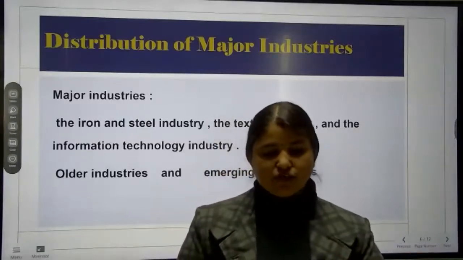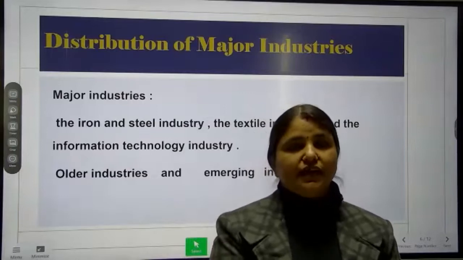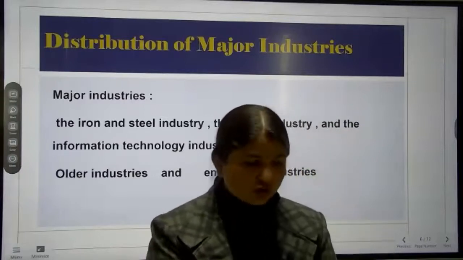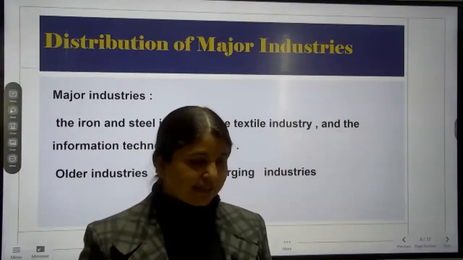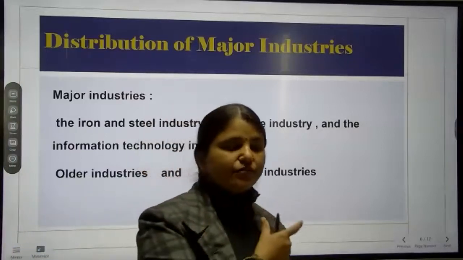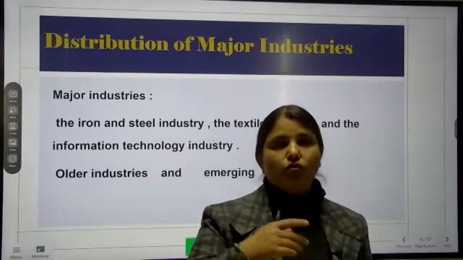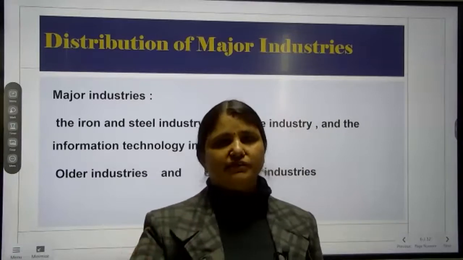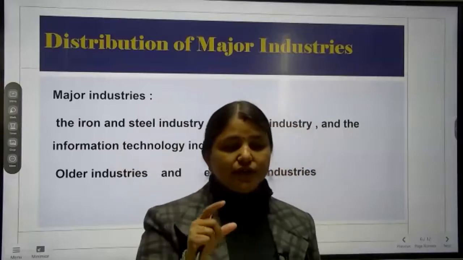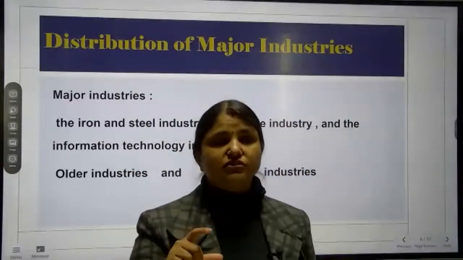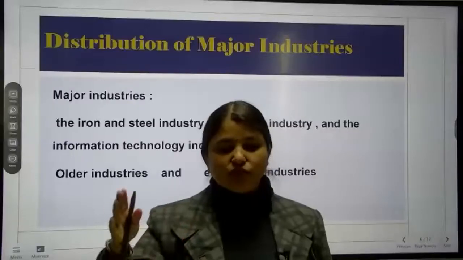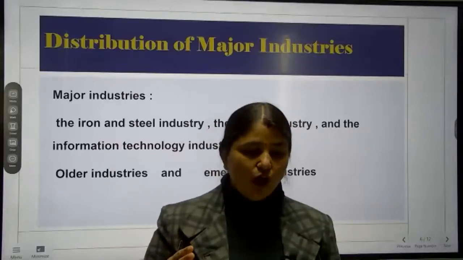Next we saw what the industrial system is. I explained that the industrial system is just like the computer system. As input, processing and output exist in a computer system, the same is followed in the industrial system. Labor, capital, machinery and raw material are all part of the input. The activity happening in the industries to make the finished product is the processing. And the manufactured product is the output.